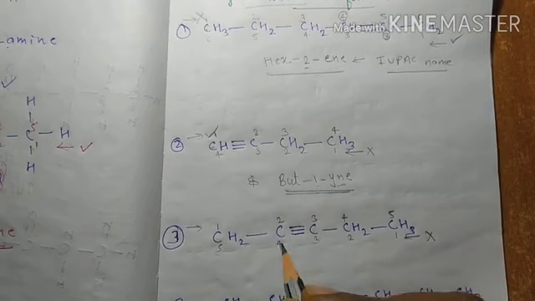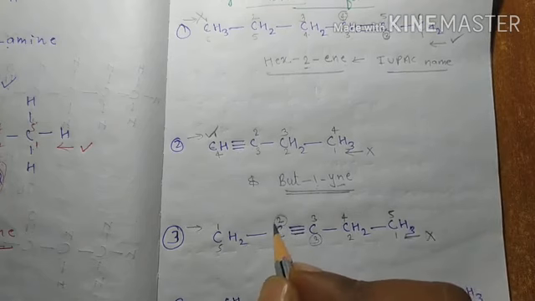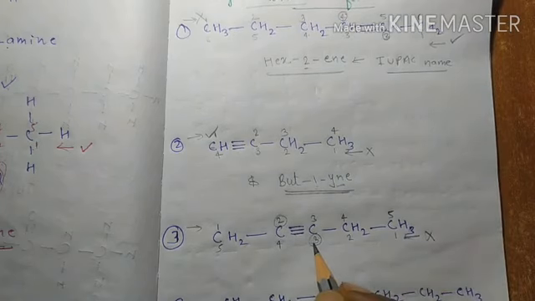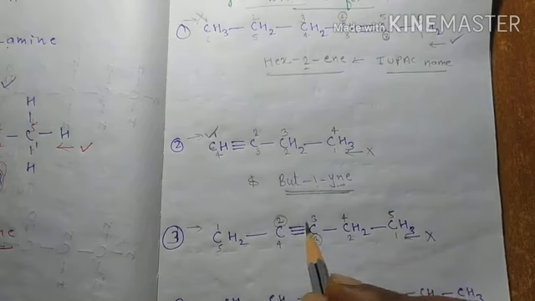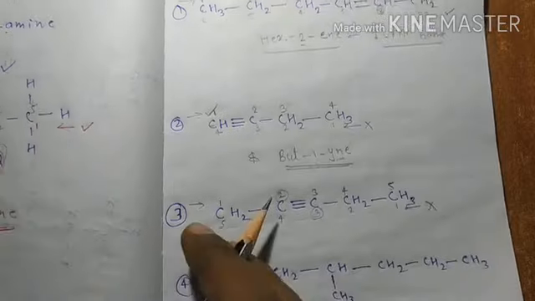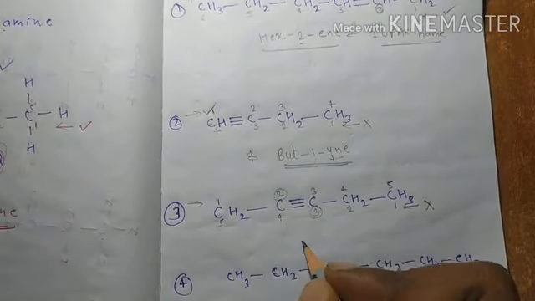This is because 2 is the minimum number, as we compare 3 and 2. After the second carbon atom there is a triple bond, and after the third carbon atom there is a triple bond. So which is the minimum number? 2 is the minimum number. So we will give the number from left hand side to right hand side. So its name will be 1 2 3 4 5.